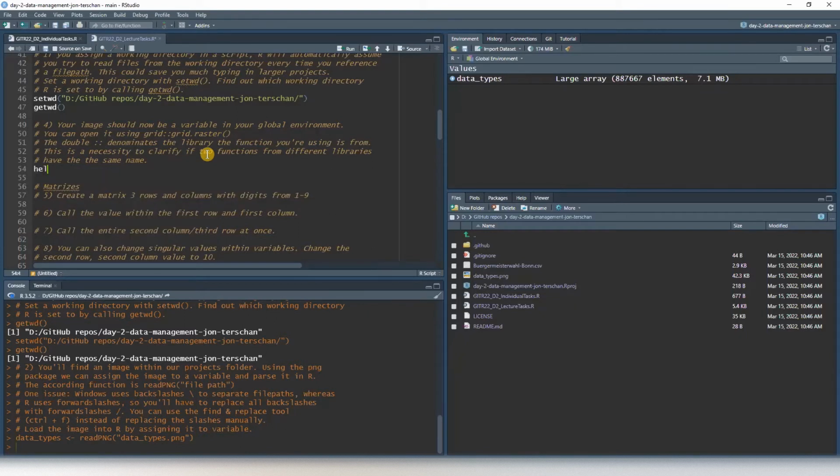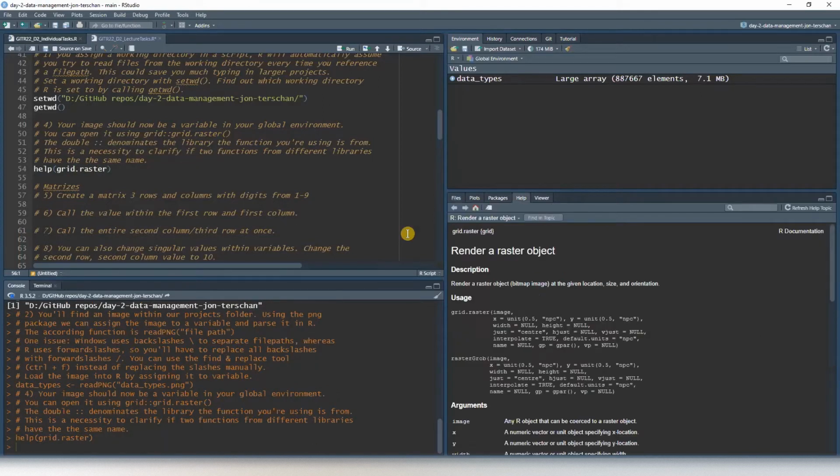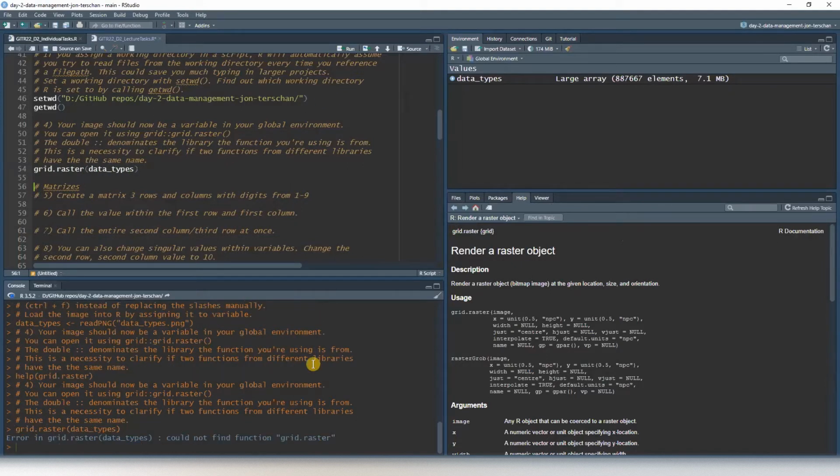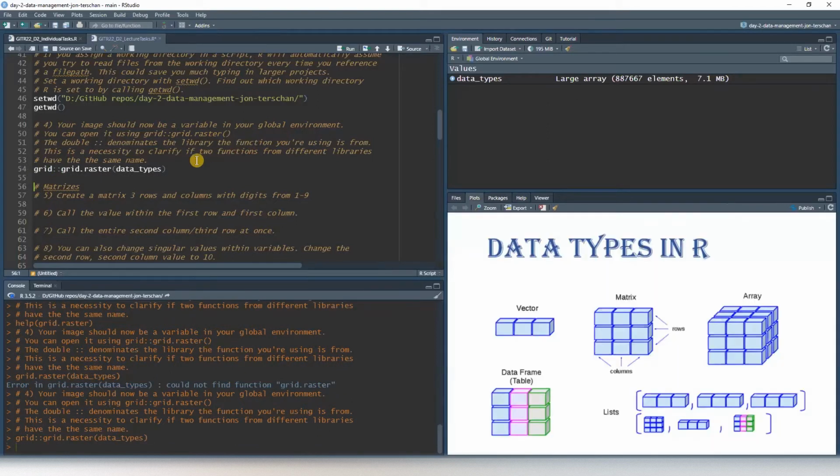Or maybe, to illustrate, if I try to use help on grid raster. Wow, it's not even, okay. Maybe I just talked a lot of nonsense. Maybe we can use it without the double dots. Let's just try that. Could not find function grid raster. Okay, so we do it with the double dots. Let's go. Okay, so we use this function grid raster on our variable data types, and it opened